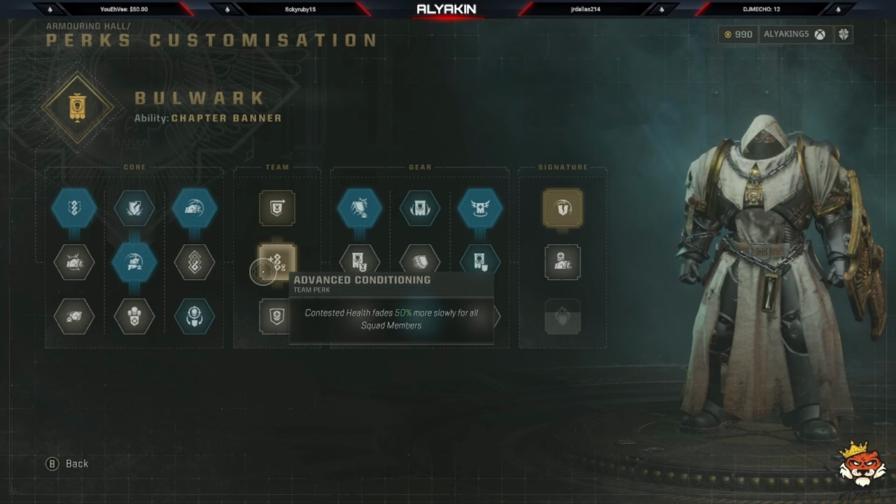Now for the team perk, you definitely want to take Advanced Conditioning, because contested health fades 50% more slowly for all squad members. And with the patch, the medkits now not only heal your contested health fully, but the actual health that is supposed to. So that will be huge, especially if you just got absolutely bombarded. You went from, like, let's say 75% health to literally almost no health. And you have one medkit, you can pop that and you get contested health because it'll be fading slower, and